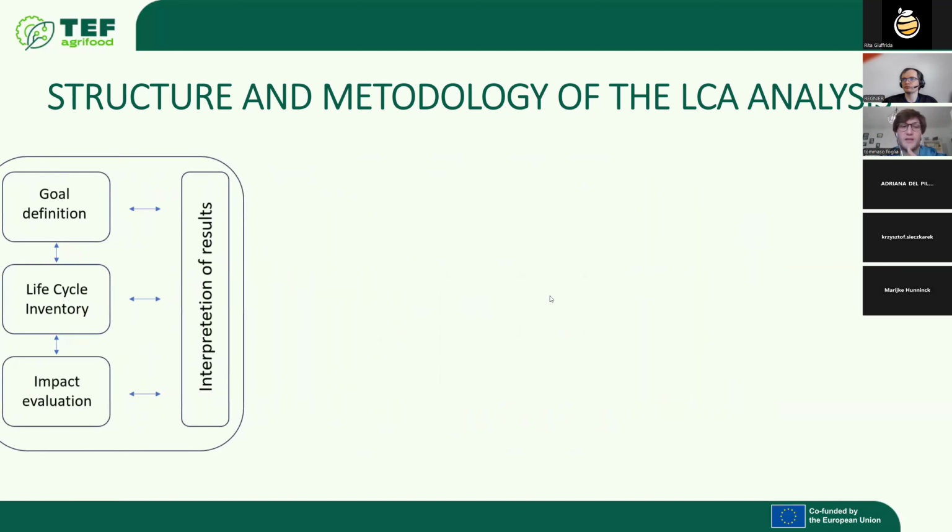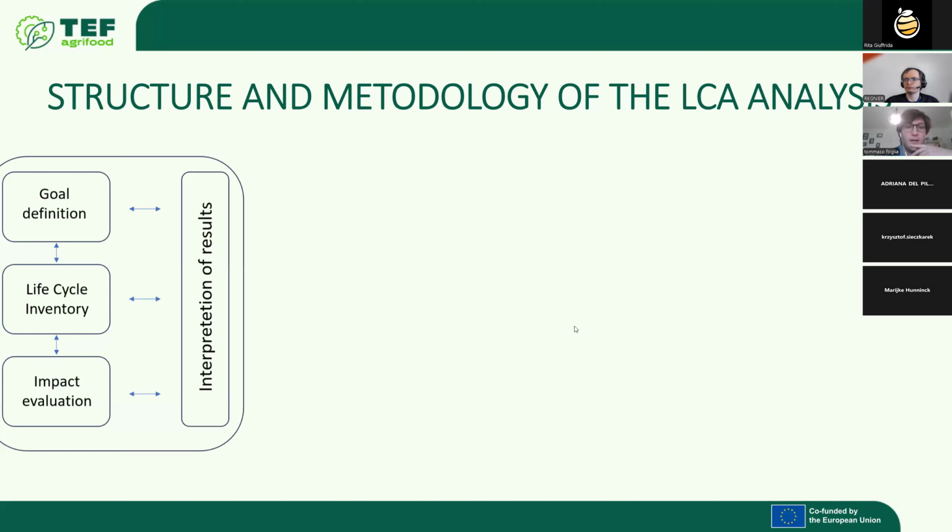Besides the structure of the process, it is important to know how to apply the LCA methodology. And the methodology is composed of 4 big steps. The first one is the goal definition. This is the phase in which it is needed to define in the clearest way possible the system boundaries, for example, from the cradle to the gate, and the functional unit to which all the impact values will be referred to. For example, a kilogram of the product, or a unit of the product, or 1,000 hours of working time of the machine.